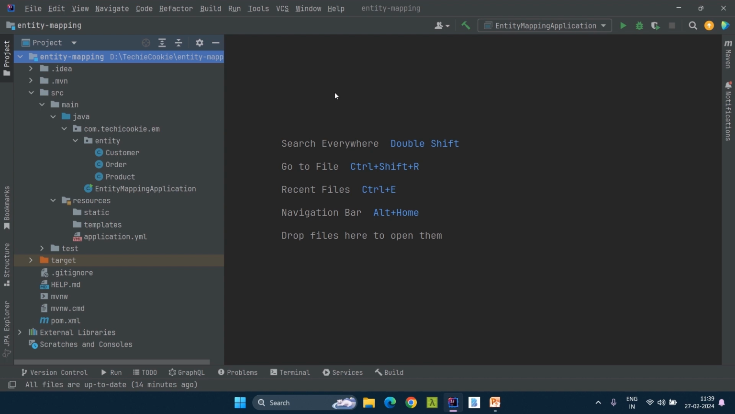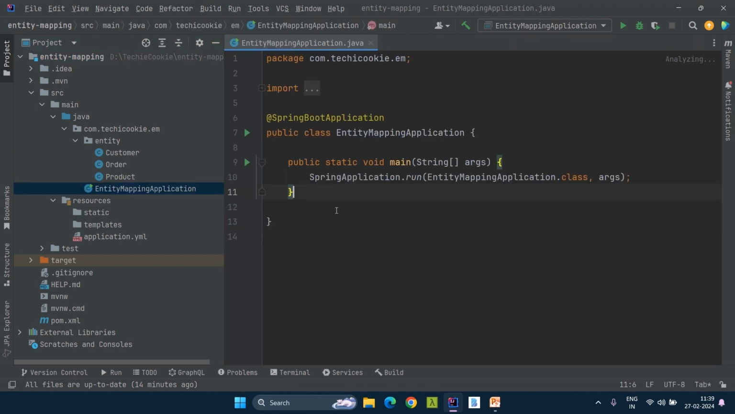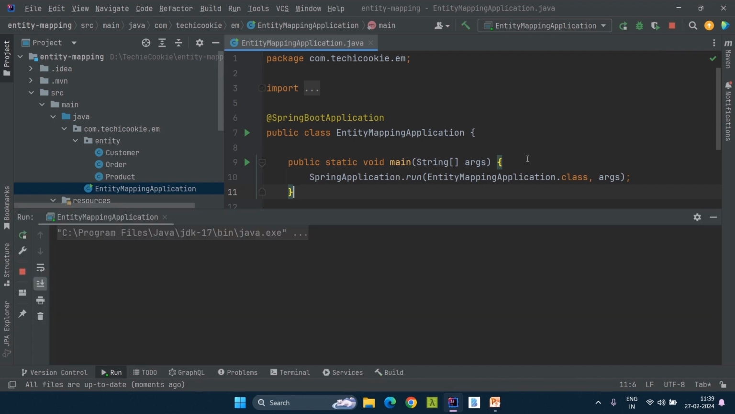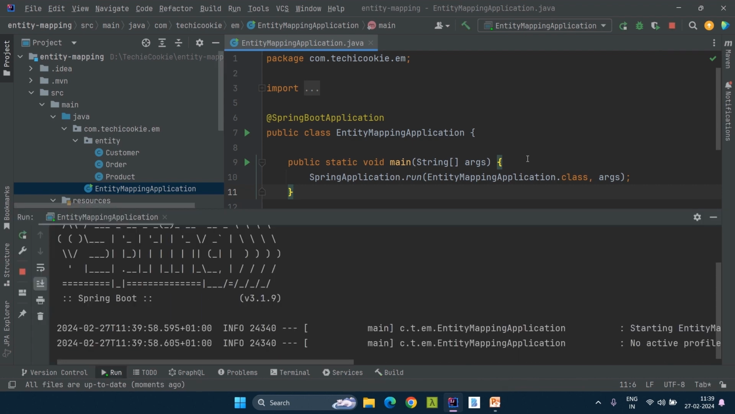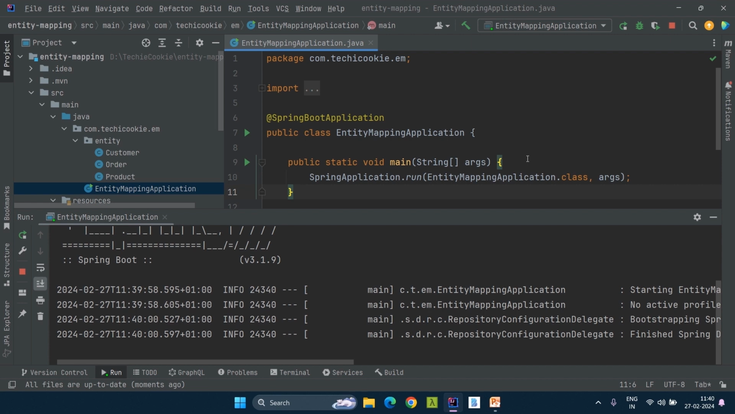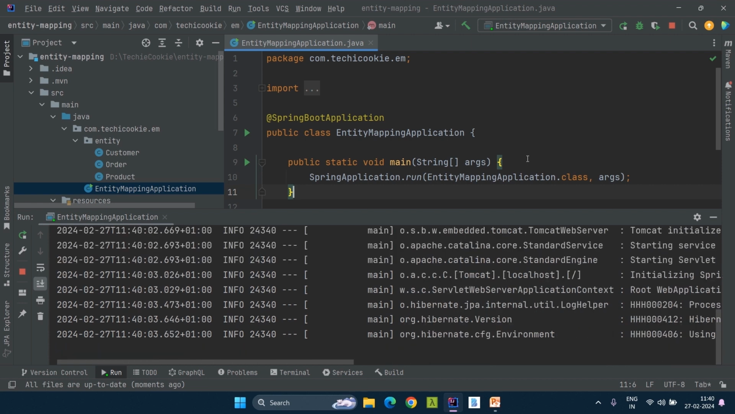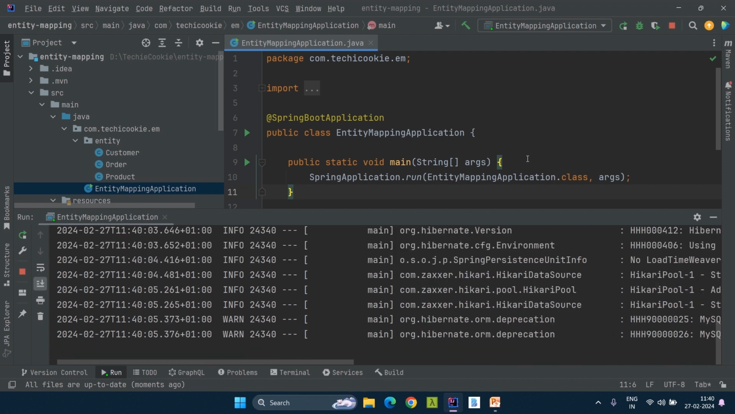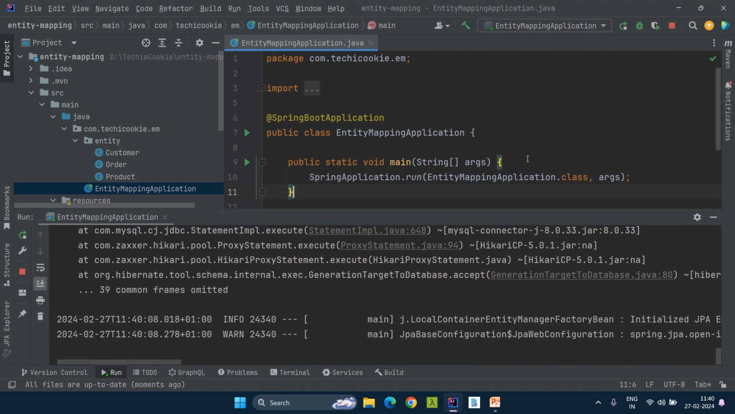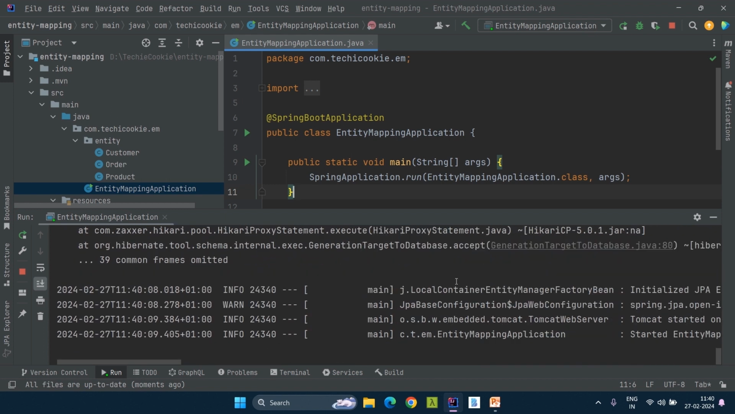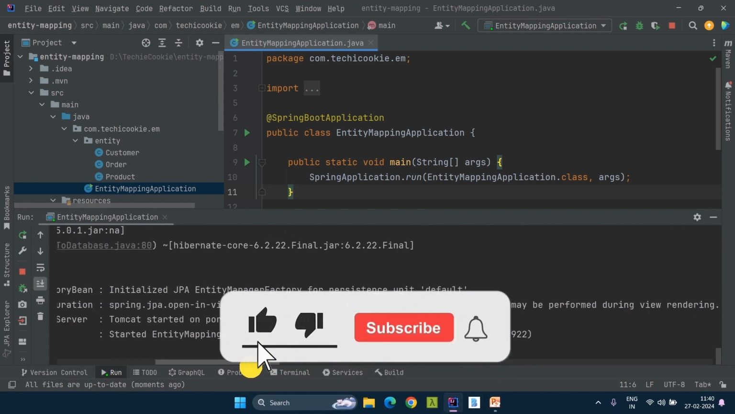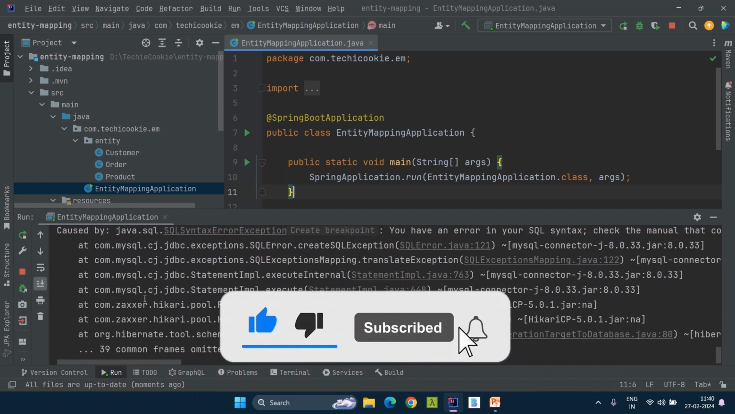If you could see, we have a number of entities which I have created specifically for this project. And we have a simple entity mapping application, which is just the starting point of our Spring Boot project. So let's quickly run this project and see what we have. All right, as you could see, though our application is started, there are some exceptions in the logs,